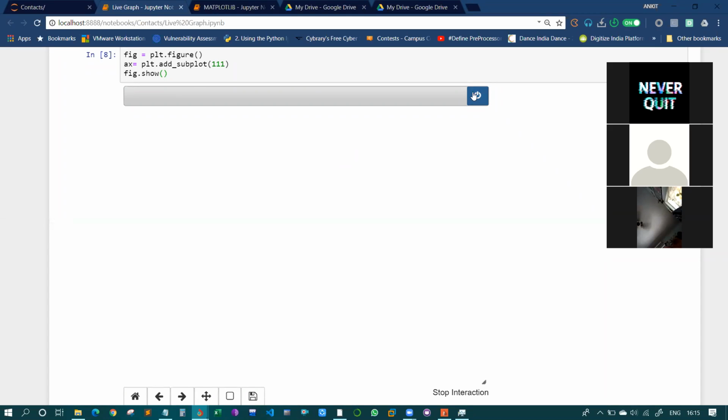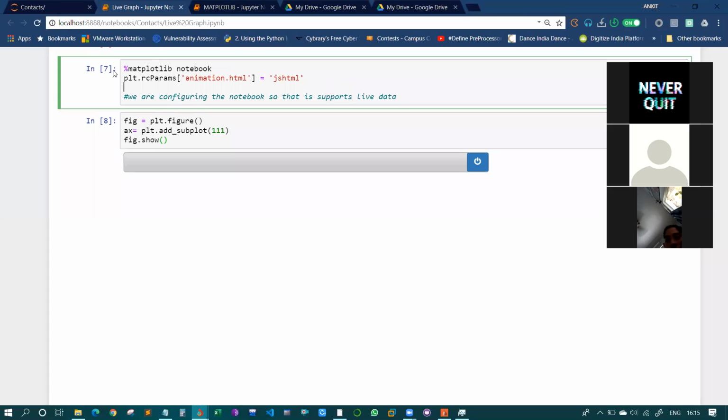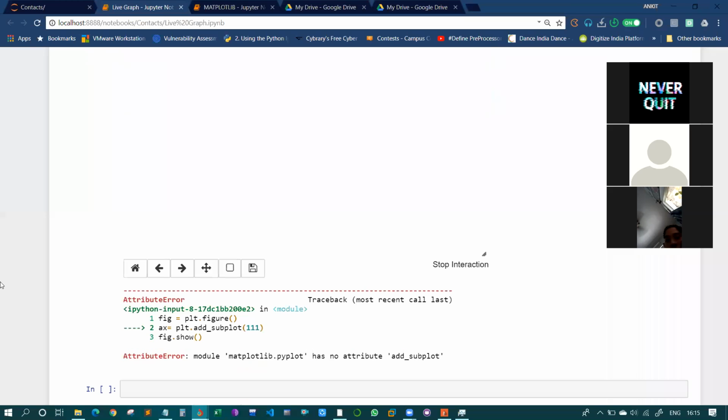We are getting some buttons over here. There are quite a few buttons, and you can see it is written what these buttons do. This will download the plot, this will zoom to rectangle, pan axes with left mouse, forward to next view, back to previous view, and reset to original view. And here is the power button. We didn't get this kind of thing on the previous matplotlib graphs. So how did we get it? We configured it. These two lines are making all the changes on the graph.